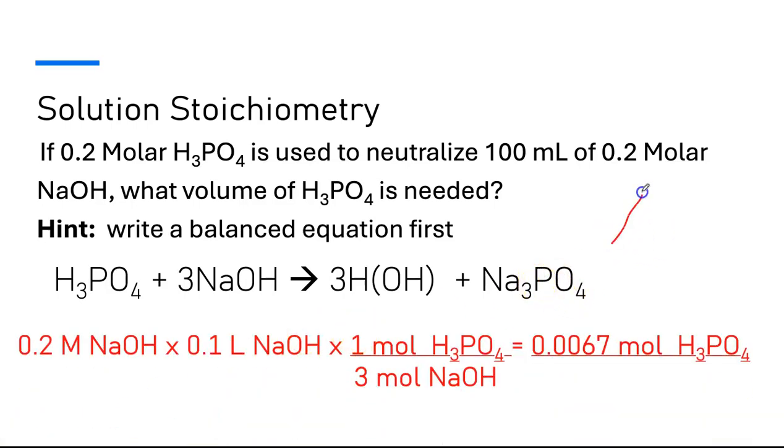And so as I'm solving any solution problem, I am always taking a look at my molarity triangle. I know that my molarity is my number of moles divided by liters. So that means that my number of moles divided by my molarity, which is 0.2 here. And I think I have an error here. So 0.067 divided by, because that's my moles of phosphoric acid, divided by 0.2 is going to be, hold on